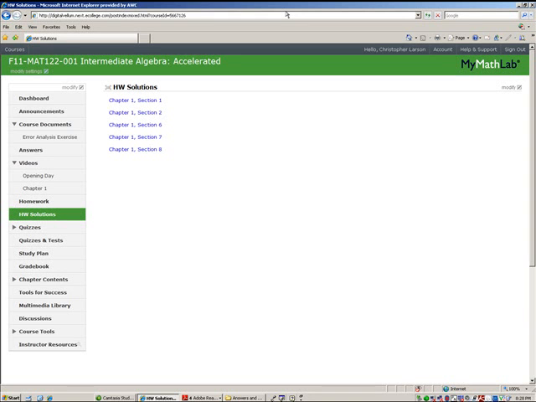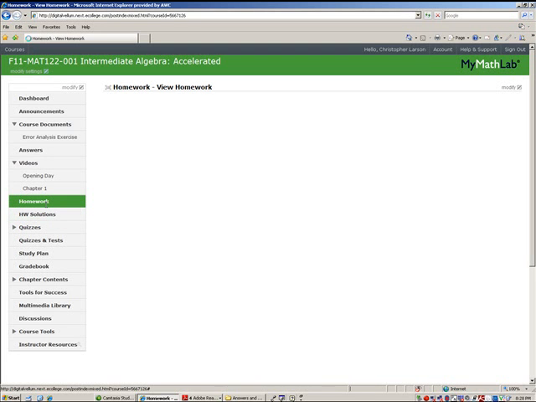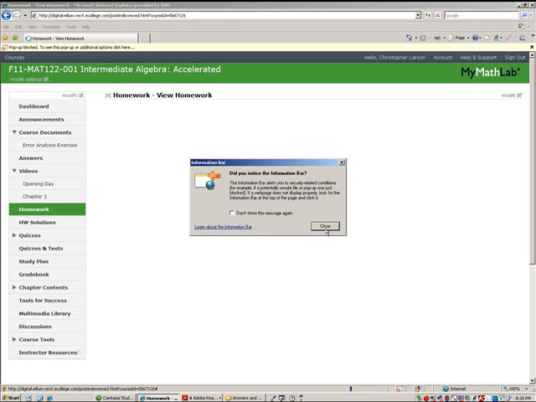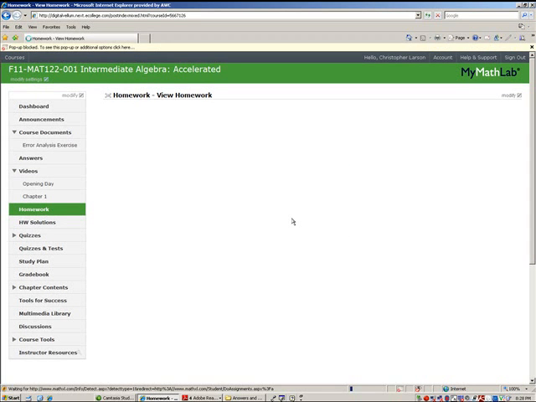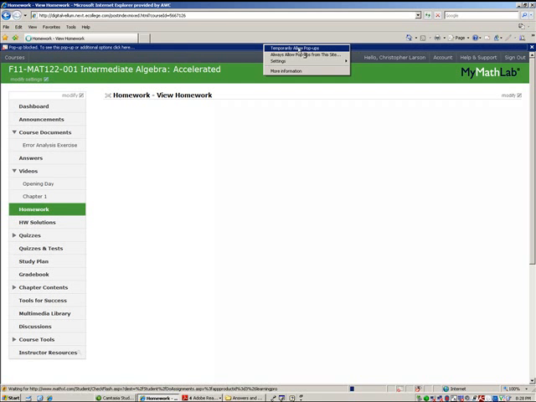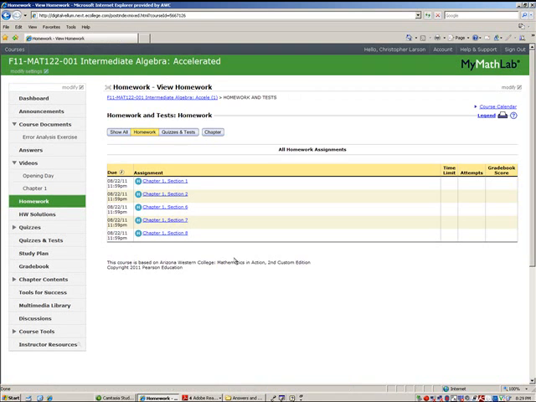When you're done checking your solutions, then you're done with the book work. But that does not necessarily mean you're done with all your homework. Make sure you go to the homework section. And this can actually be done before the book homework or after the book homework. It's up to you how you want to do that. Sometimes you need to allow pop-ups. You're probably going to want to just always allow pop-ups from this site. So when you get to the homework,